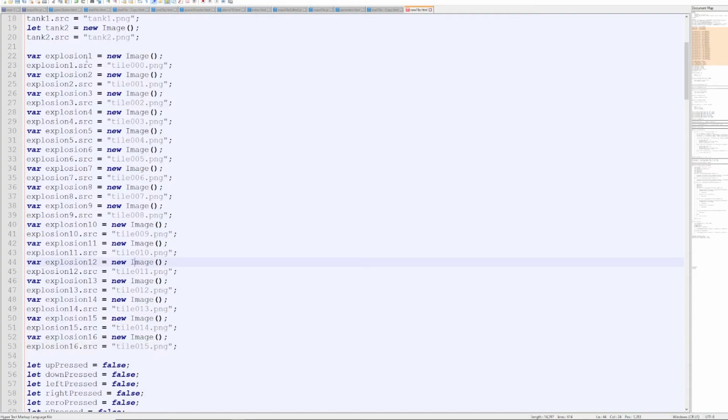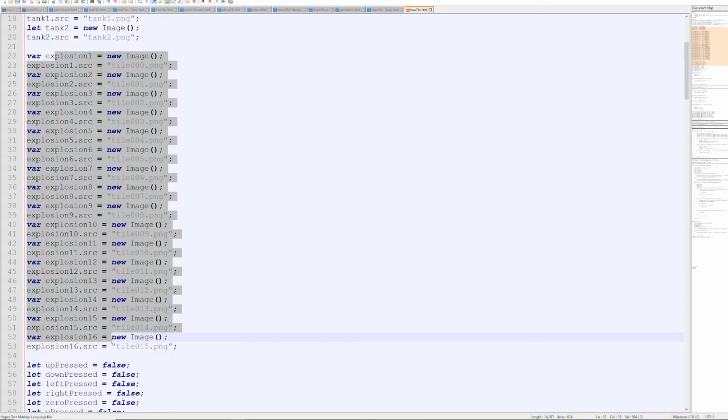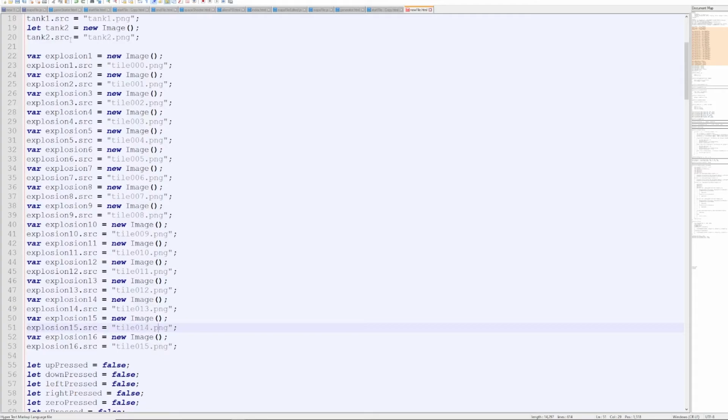So starting with the first, and that's why it's such a smooth animation, from a sprite animation, because it has so many frames. Okay, and so here we have 16 frames for this animation, and they are going to start at 1 for tile 0, 0, 0 and end at explosion 16 for tile 0, 1, 5. Okay, so now that we have all these, we're going to create an array